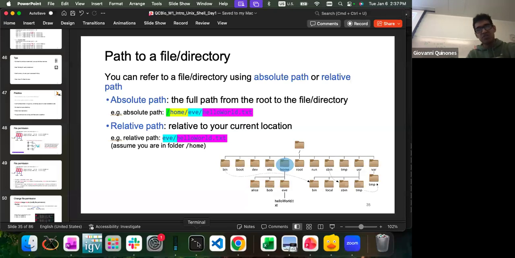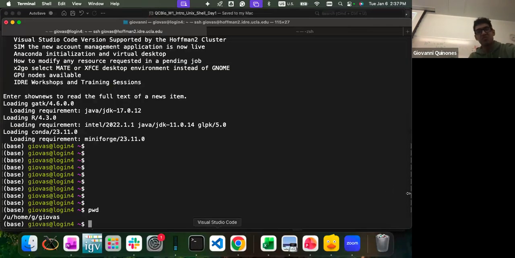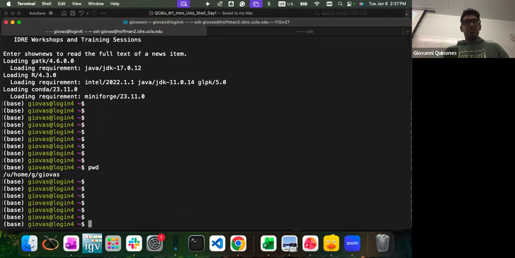Let's go to the terminal and apply these concepts. As I mentioned, right now we're located in your home directory, and it's shown by this squiggle line. Now let's create a new directory.